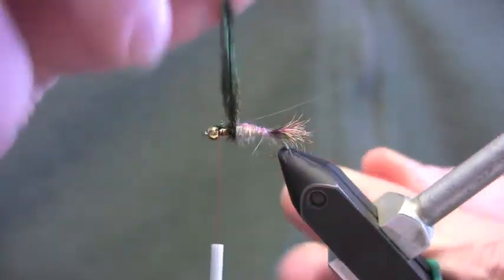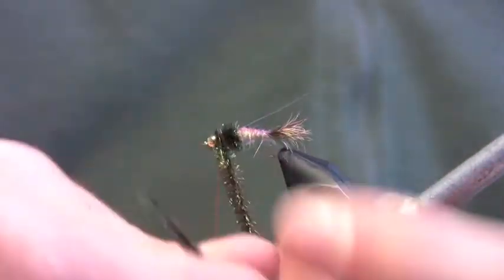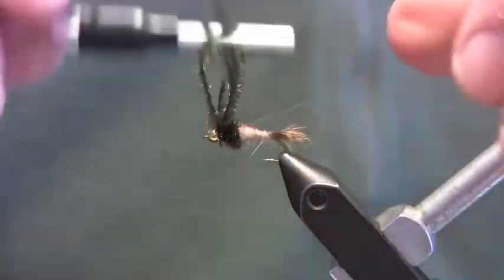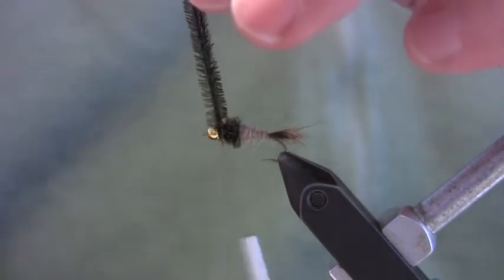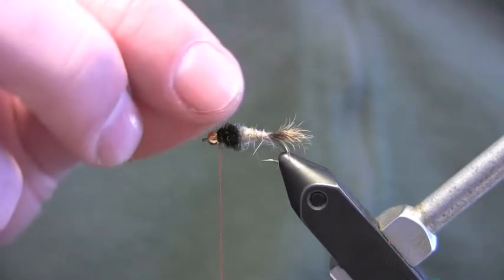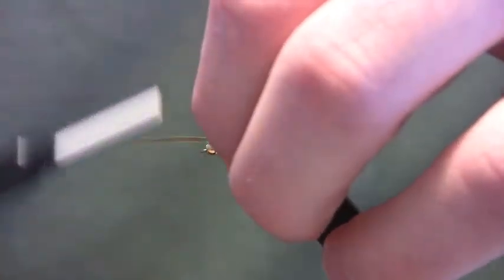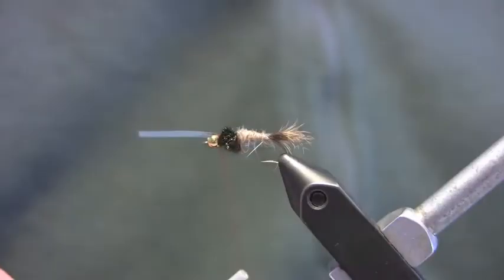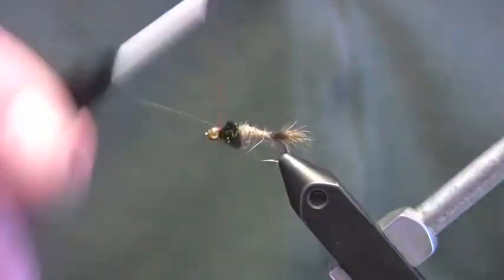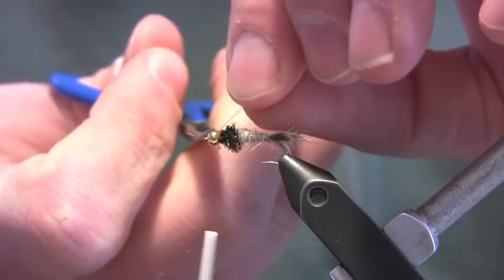then we'll wrap this peacock curl, build up a very full thorax here. 3 or 4 turns, tie that off, trim out the excess. Then we take our flashback wing case, pull it forward, keep it centered on the hook, take a couple of wraps, make sure it's right where you want it. Fold it back. I like to fold it back and take a locking wrap in front of it, then trim